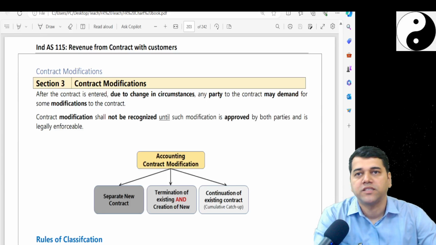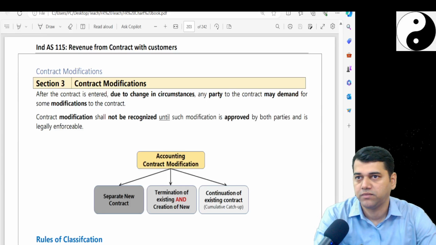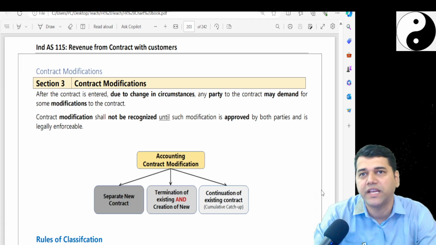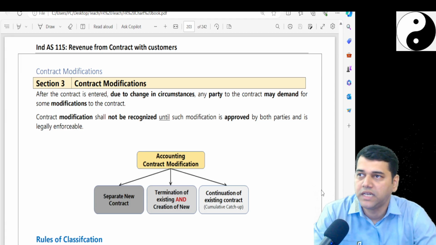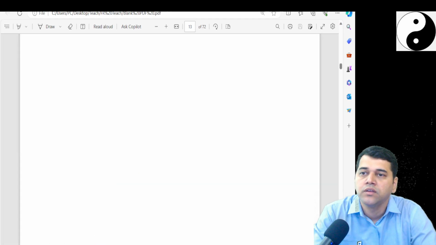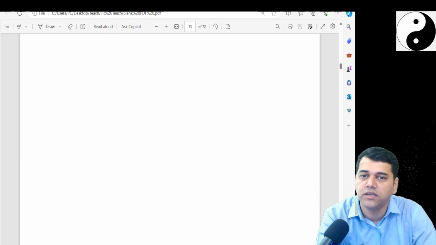So next aspect, we will move with the contract modification. Okay, so before we proceed with the contract modification, we'll have a quick recap of what we have learned till now in this particular subject. So we all started with the 5-step model,